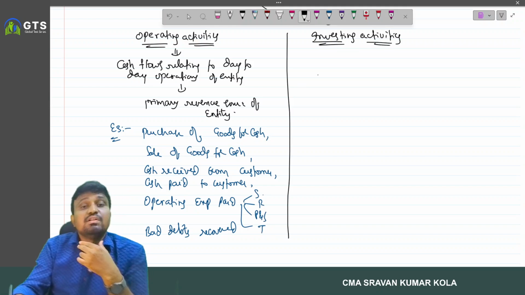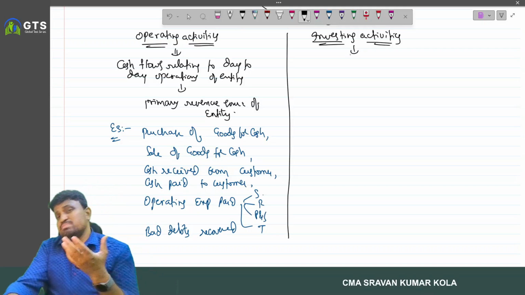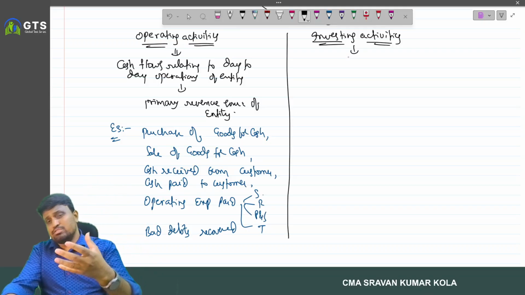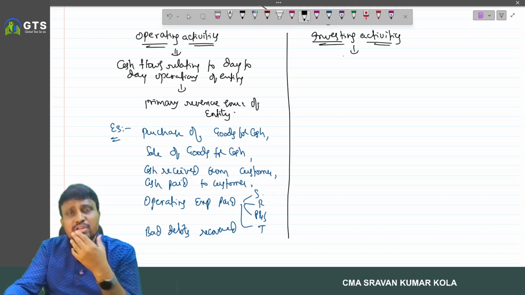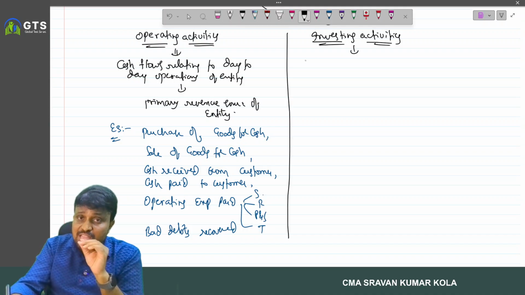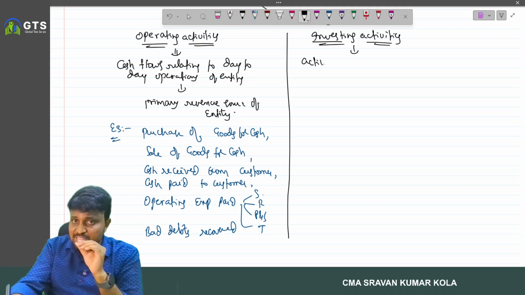And the second one is investing activity. Investing activity simply is relating to the utilization of the amount. It is relating to what? Utilization of the amount. And those are the activities relating to